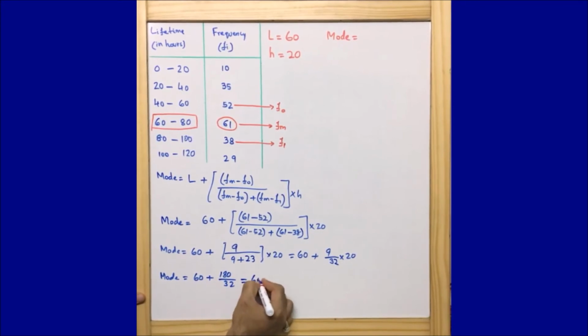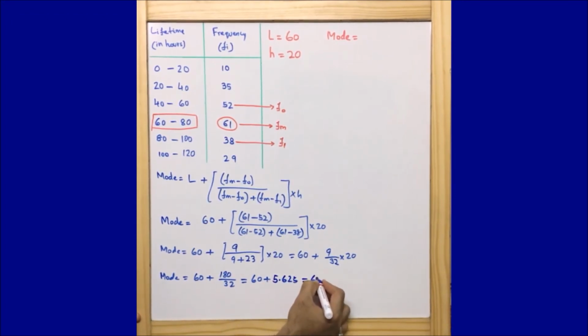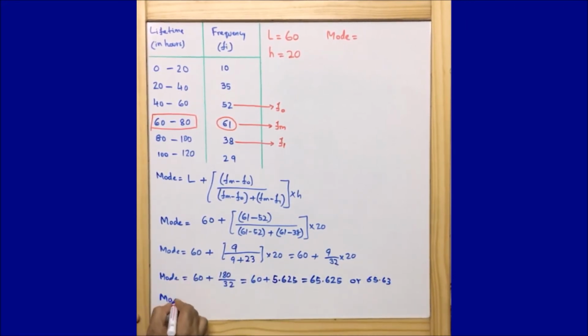Let us solve 180 by 32. If we solve, we will get 5.625, or I can write this as 65.625, or we can write 65.63. So our mode here is